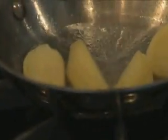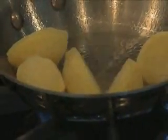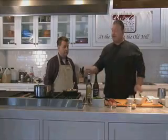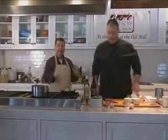Nice hot oil so it doesn't soak up the grease. We love the sound of sizzling on this show. Sizzle. So we're going to let those sit on their side rather than just toss them around and chase them around the pan. We're going to let them sear on each side and get nice color. That's perfect, and that is the perfect opportunity for us to tell you